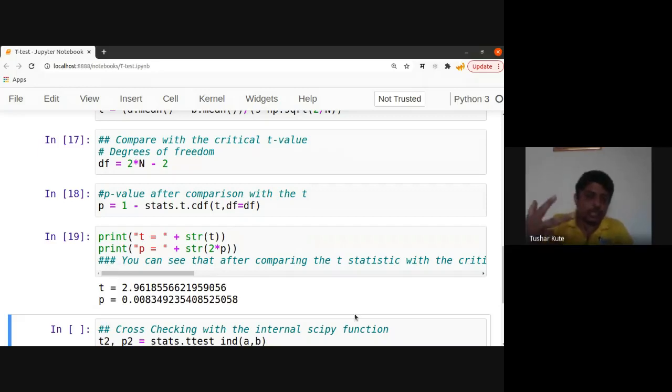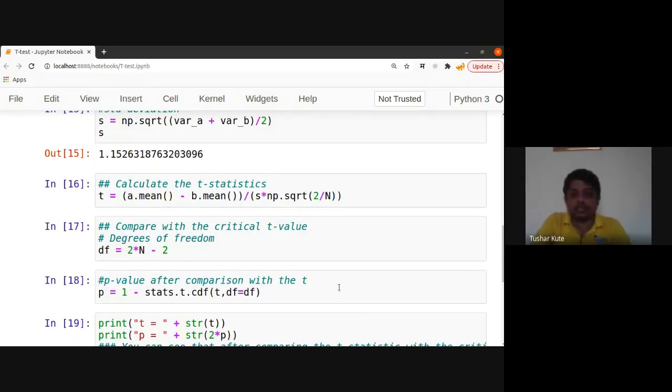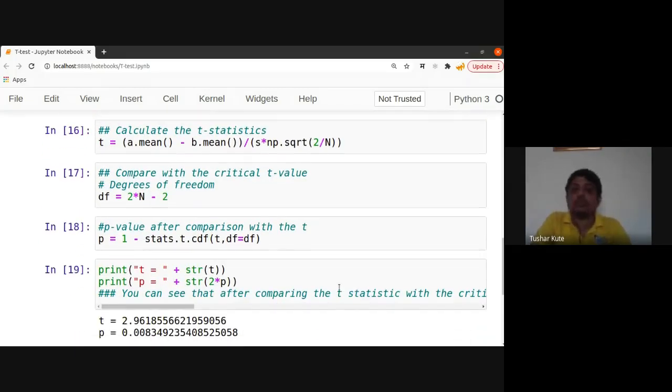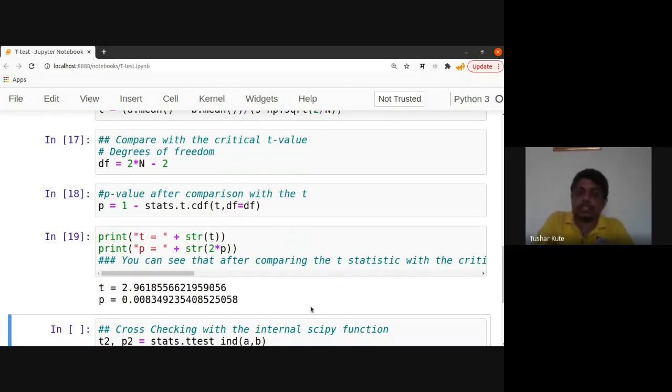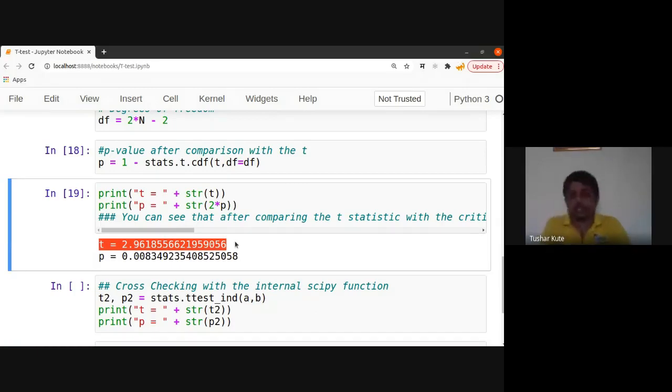We can use this data, then perform further operations to provide the values, the critical t values. First of all we calculate variance, then deviation, use that value in the t statistic, calculate the t statistic, and use the degrees of freedom. After that we can compare that with the value of t, and I'm printing them. So the t statistic value is 2.96 here. It's almost equal to 3. And if you check the value of p, that is the probability of this theory being wrong, it is 0.008, that is 0.8% actually if you multiply it by 100.